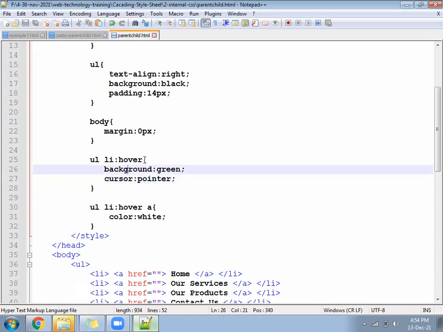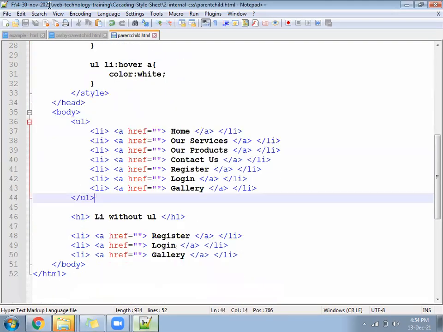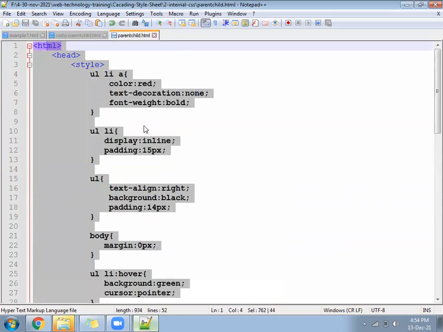Okay, leave this file and come to the next file. Till UL you can copy from here, this much you can copy.